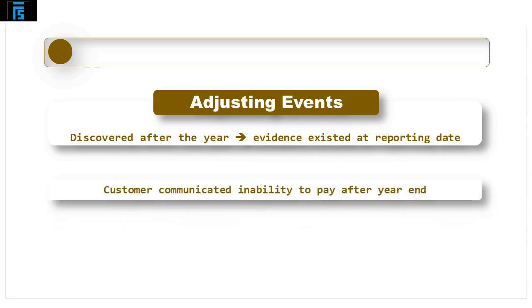An example would be a receivable customer that has communicated their inability to pay after the year end. It is unlikely that their inability to pay happened overnight. They were unable to pay at the period end, but did not communicate this until after the year end. Therefore, the advice from the standard is to write off the debt as it should be an adjustment in the